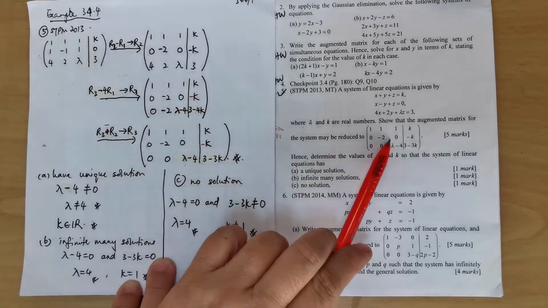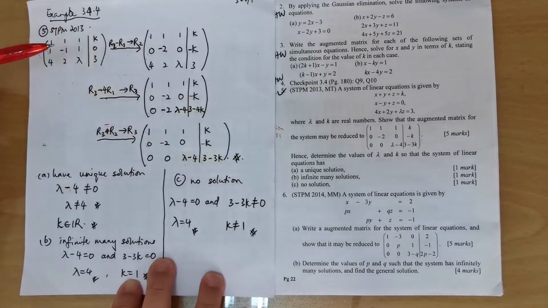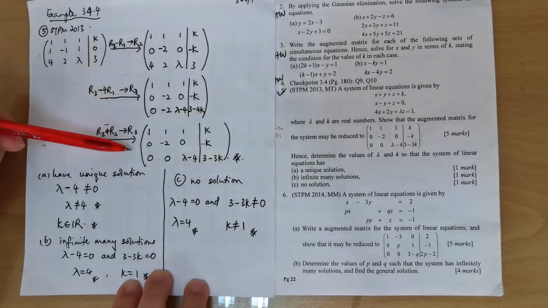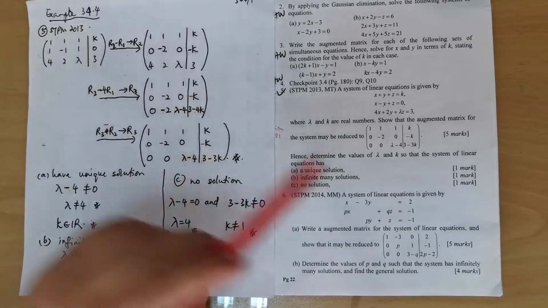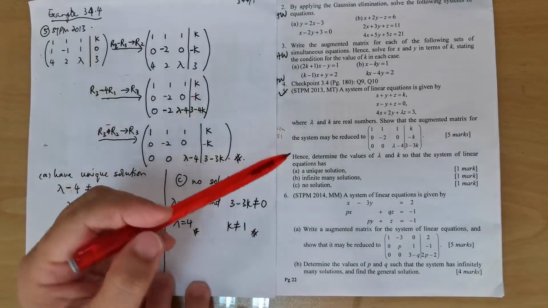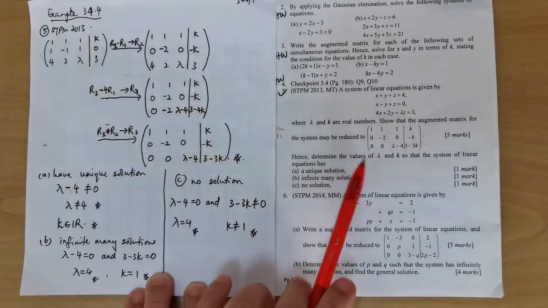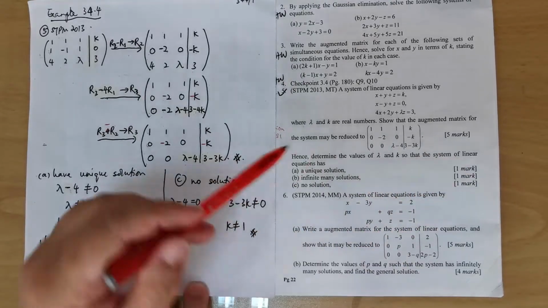Because the question wants us to show like this, so we have to follow. So we will check what we are going to change. Okay, so this one gives you 5 marks. Not difficult, right? Not difficult because this is given, so we have to follow. Okay, done. Alright, then next, hence, determine the value of lambda and k so that the system of linear equation